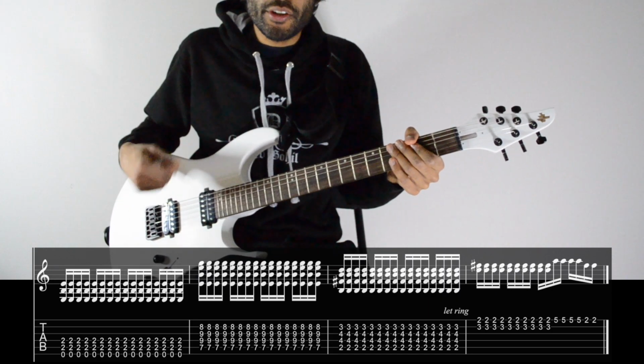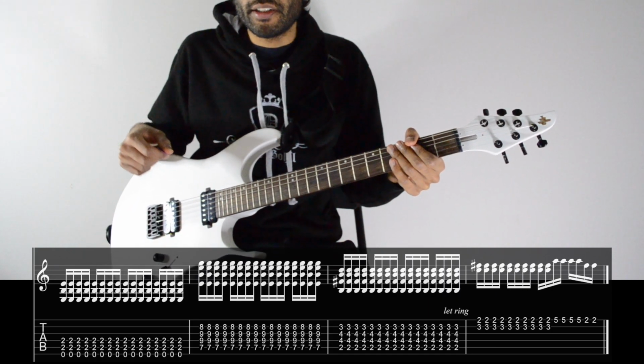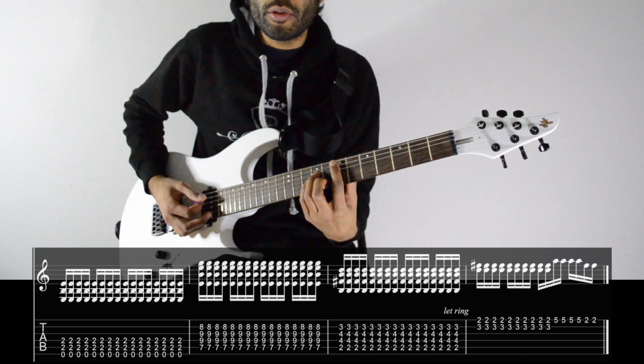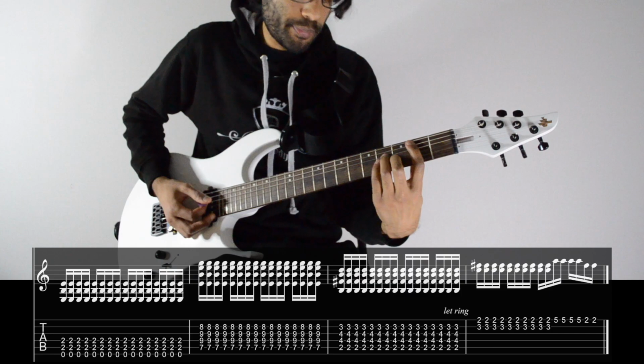Again, take the picking and the notes with discretion. It's not 100% accurate all the time in the recording. But what Varg's doing, E power chord, E minor bar chord 7, 9, 9, 8 from A to G, move it down to the B minor bar chord,